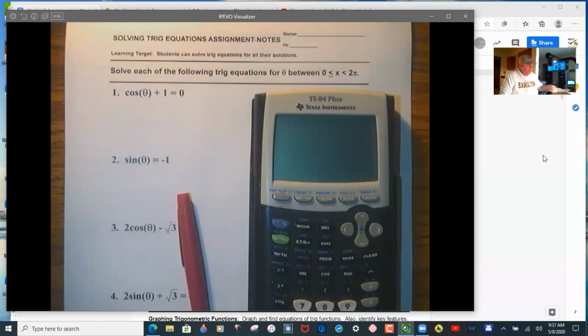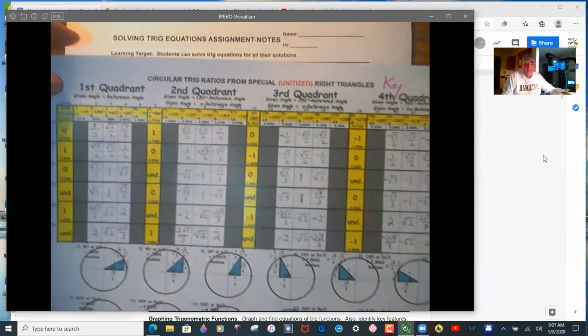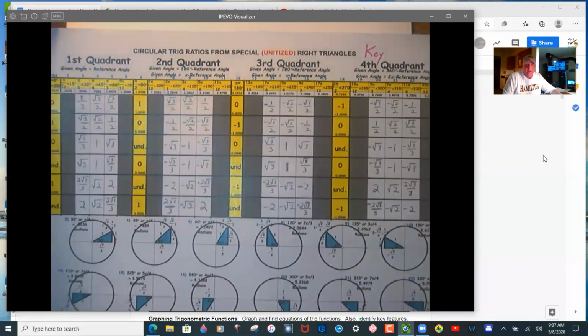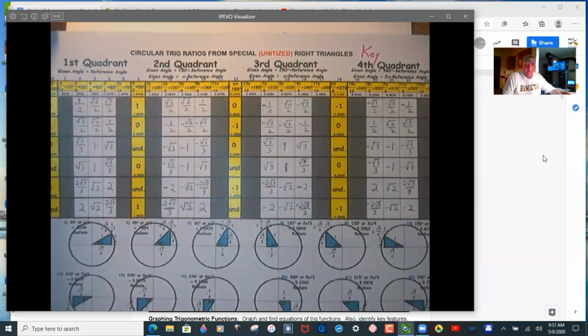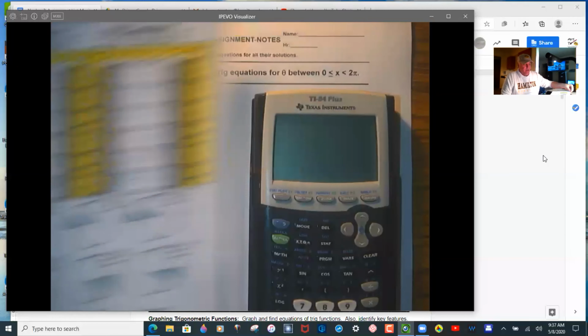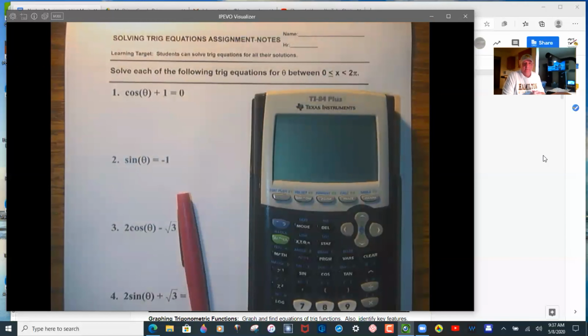If you don't have a graphing calculator, you're going to have this, the chart. So that's why I made you do this in the first assignment, so that you'd have something to refer to if you don't have a graphing calculator. However, I think using the graphing calculator and using the table function to spot trig solutions, or any solutions for that matter, I've talked about this, how you can check your work using a